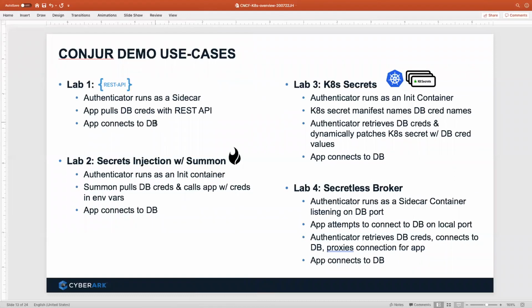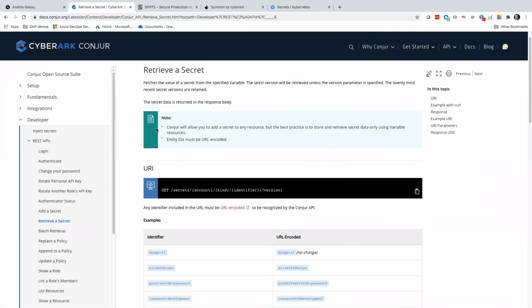What we're going to show is how to pull database credentials via the REST API for the app to connect to a database. Now, I don't actually have a database to connect to except for the last example, so in these first three labs we're just going to show retrieval of the secrets and echoing of those secrets. This is my demo environment. I'm just running with Docker Desktop Kubernetes, which is hugely convenient. I used to use Minikube a lot, but now that Kubernetes is in Docker Desktop, I only use that. If I do a get pods here in my test apps namespace,